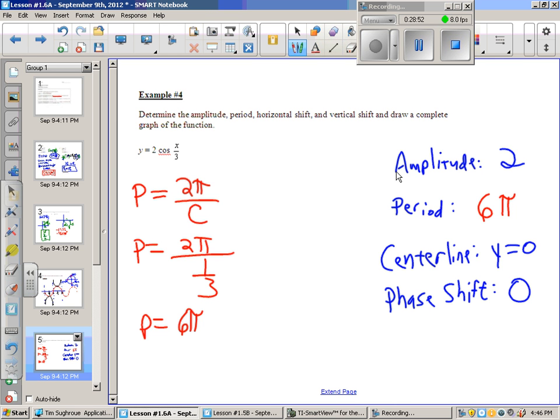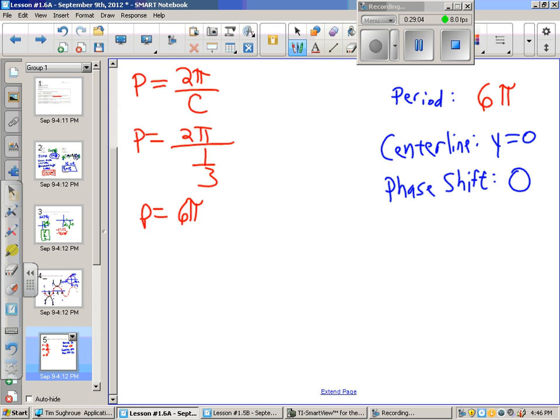Phase shift starts with the P. I only have a phase shift if I have parentheses. If there's no parentheses, you cannot have a phase shift. So it's one nice way to remember. Okay? So if I were to graph this particular picture right here,